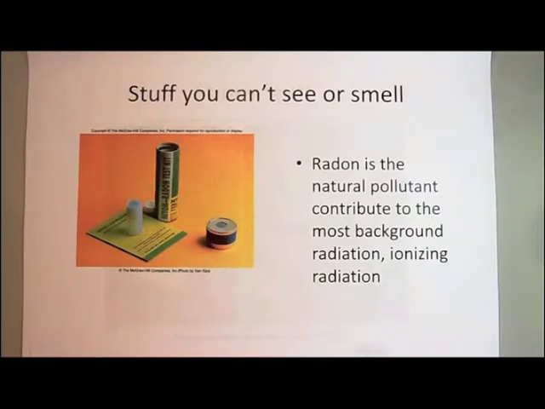Now, the thing about this buildup is that it's a problem with modern building techniques. In the United States, to try to have better energy efficiency, we've built homes that are very airtight. That is, everything is sealed up really well. The windows are airtight, the doors are airtight. And so whatever air is inside your home or your office building is pretty much the air that's going to stay inside unless you have some kind of air exchange system. But if it's not too hot or not too cold outside and you're not running your air exchange, then the air inside your house can become pretty stagnant. And so the problem with the energy efficiency of the homes is that the air pollution inside your house can build up.